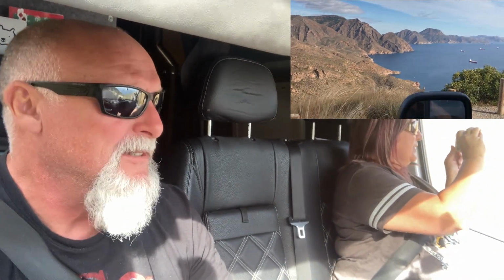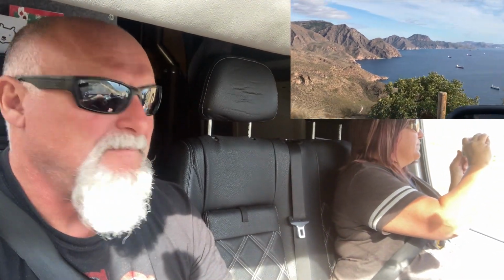So there's some tankers, and you're looking over the bay, that's just super cool. It looks like they're just, no, they're tankers. They are, but they're just anchored up, probably waiting for maybe a slot to get into port or something like that. But this is why we have a smaller van. Yeah, it's smaller. Yeah, we know. It's tighter. Yeah, we know. It's a bit more work. Yeah, we know. But it allows us to get to some of the